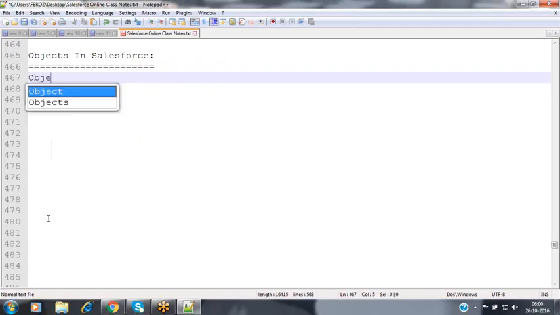Now objects. Object means what? A table.